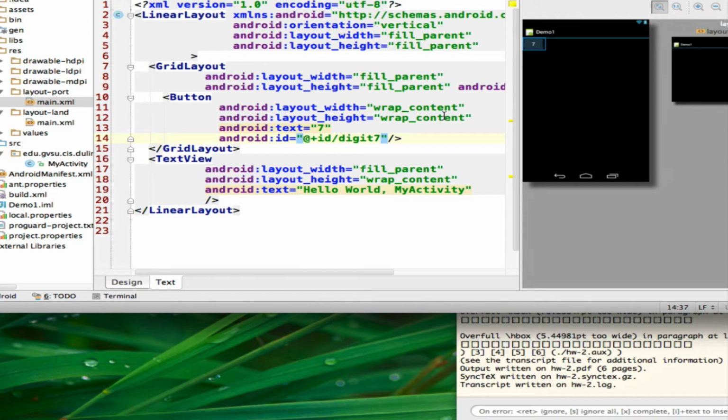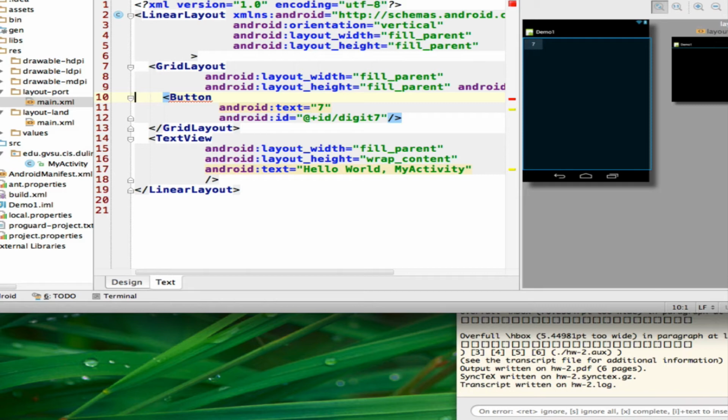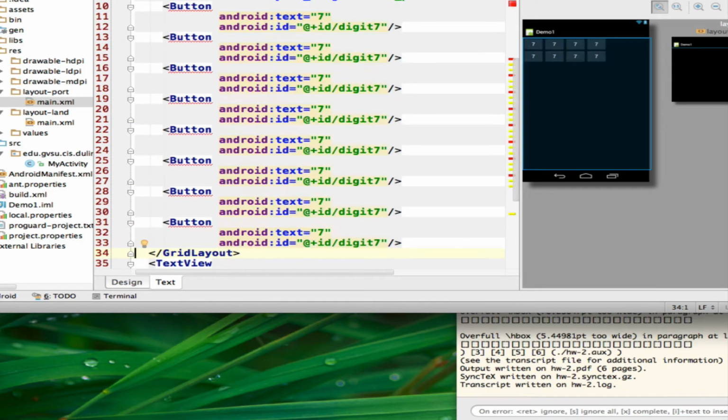And in case there's an error in your XML file, then you know how to fix it. So I'm going to drag more buttons, and just copy and paste several times. Now, magically, because I mentioned before that my grid layout will have 4 columns, by creating more buttons, automatically those buttons will be arranged into 4 columns, right? And from there, you can just